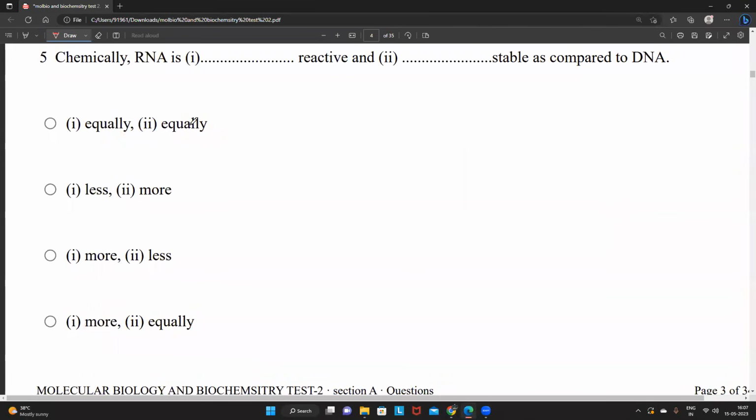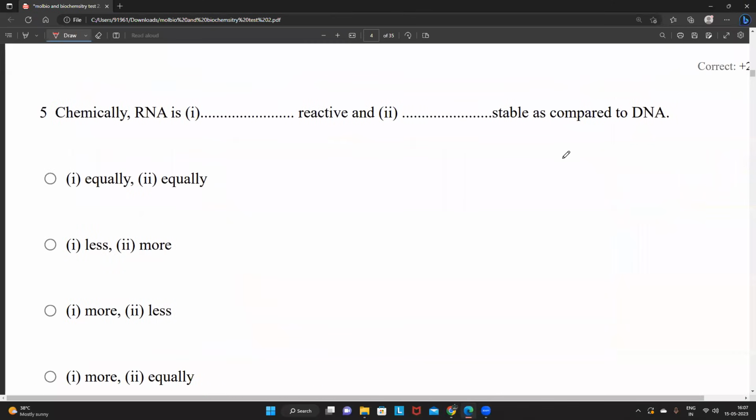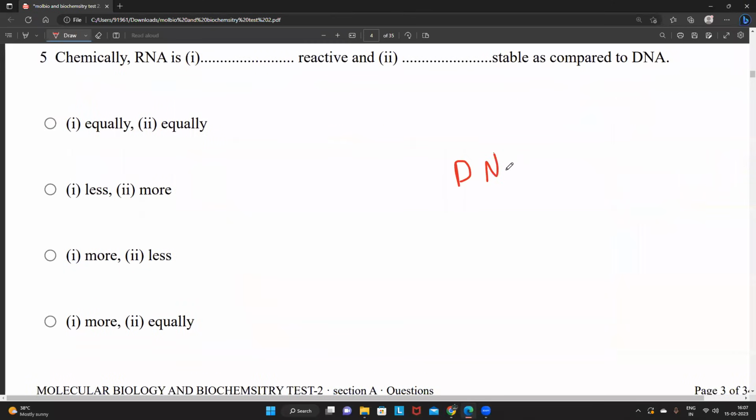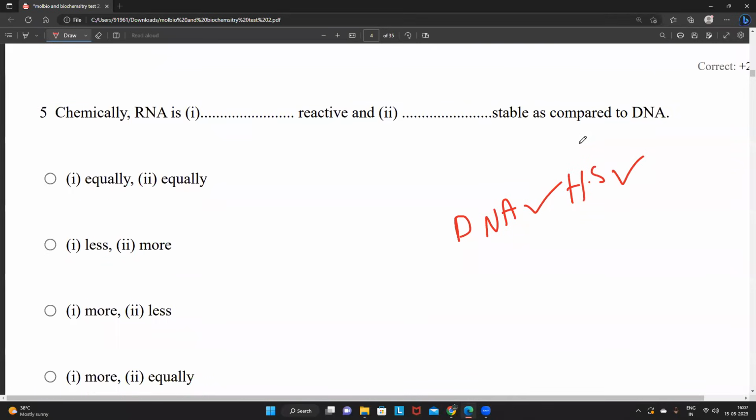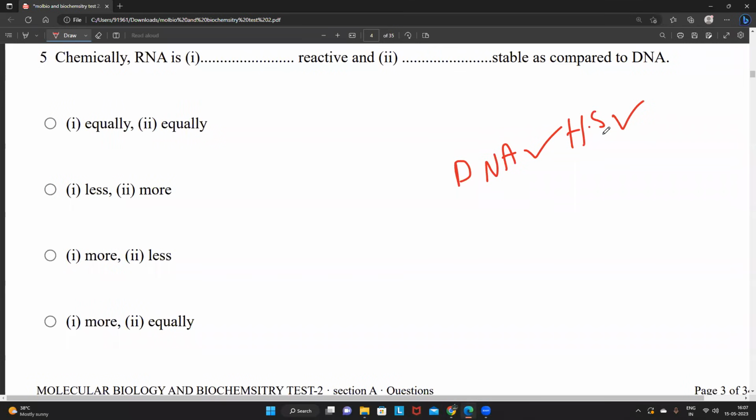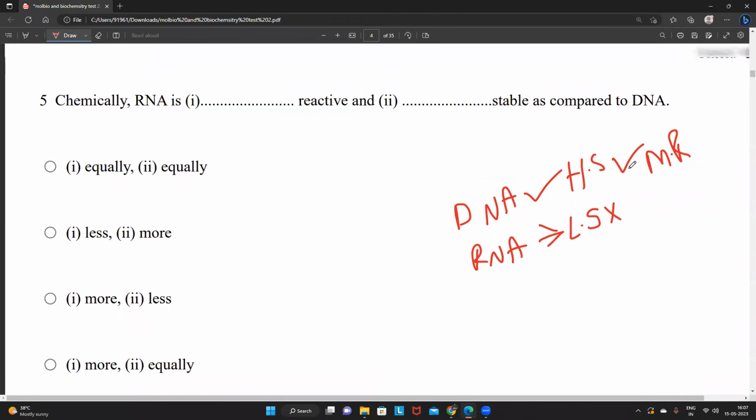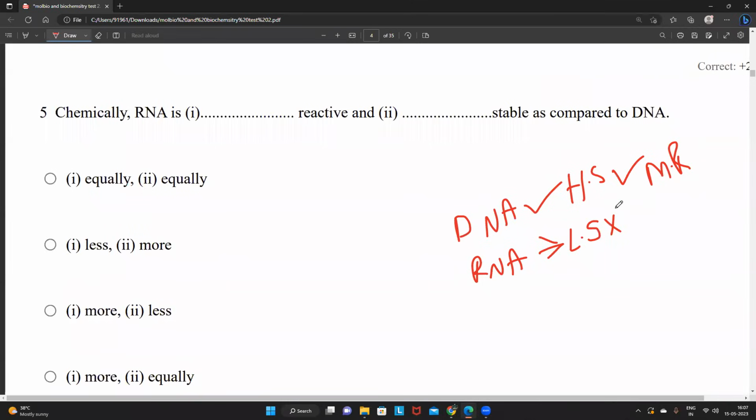Chemically, RNA is more reactive and less stable. I have already told you, friends, DNA is the highly stable molecule. Whichever is highly stable, what you have to remember, it is less reactive. What about the RNA? RNA stability is very low. Low stability, friends. As a result, what you have to understand,